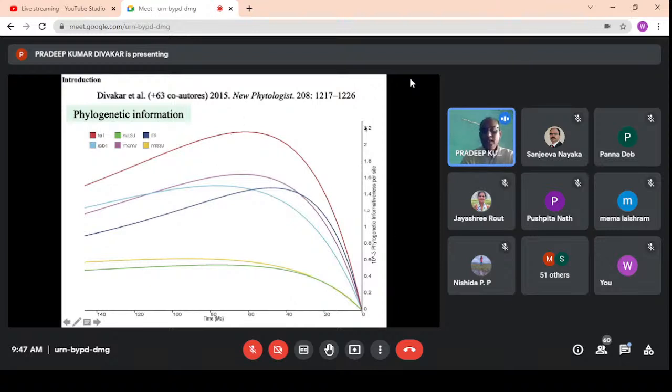Here on this axis, you have the phylogenetic informativeness per site, and this is the divergence time of the species, from 0 till 150 million years ago. If we have a look, where is the optimum, and which is the best marker? In this case, RPB1 resulted as the potential marker to establish phylogenetic relation. You see it from 0 till species that have diverged more or less 80 or 100 million years ago. And if we want to compare the two markers that come very closely,